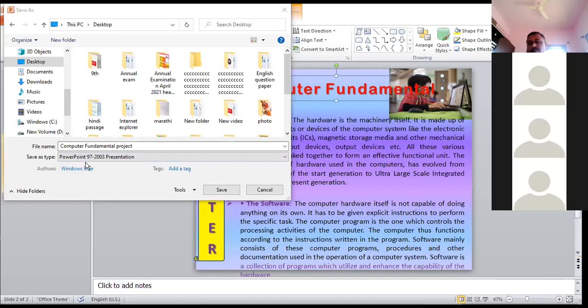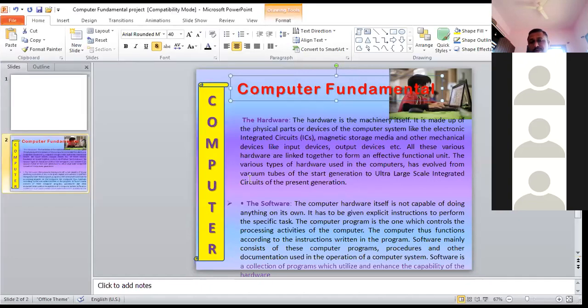So henceforward, when you are going to save the file and you need to send the file to somebody, and that file has to open easily, then you can use these formats. What to select? PowerPoint 97 to 2003 presentation, Word 97 to 2003 documentation. Okay. So your file will open in any upgraded or lower version. Remember that. Then you can click on save. Are you getting it now? Then that file will be saved in the proper location.